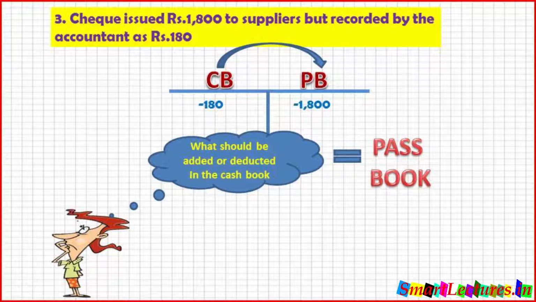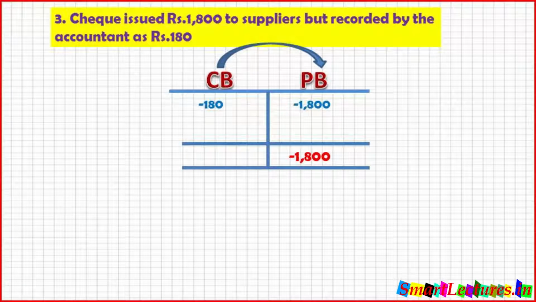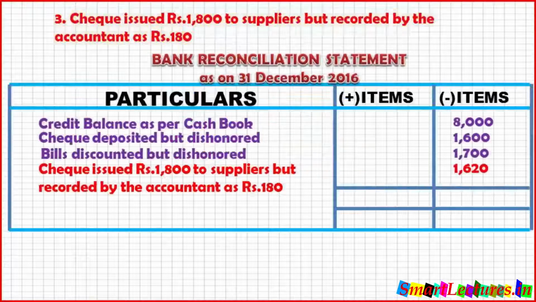So now what should be added or deducted in the cash book so that we can reach the balance of passbook? And the balance of passbook is 1,800 and the answer is 1,620. This is the answer, and in this way the total on both sides will be minus 1,800. So come to the bank reconciliation statement. Check issued for 1,800 to supplier but recorded by accountant of the firm as 180, and on minus side minus 1,620. The total on plus items 0, the total on minus items